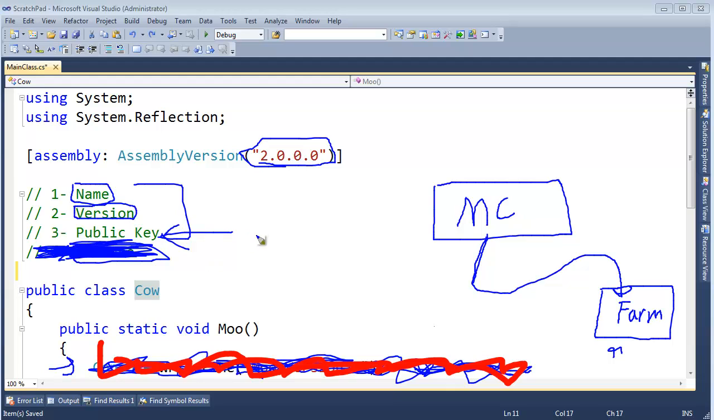So anyway, I'm going to show you in the next video how to sign an assembly and prove that this scenario is impossible. Without the proper public key, this farm will not be bound to